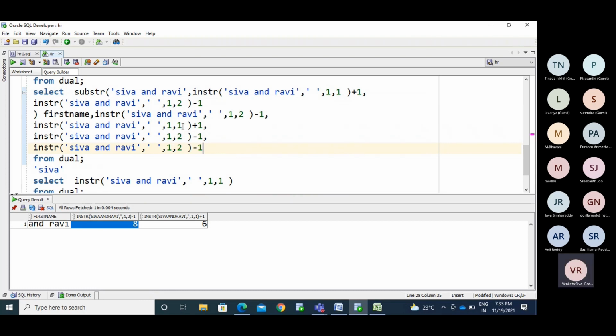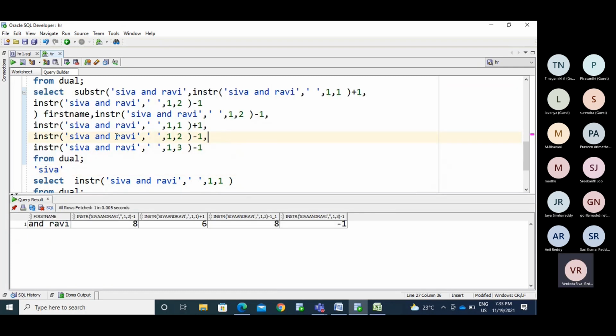See, now we can find out the first position, second position and third position. Remove these ones first. Here, I'm running with this.